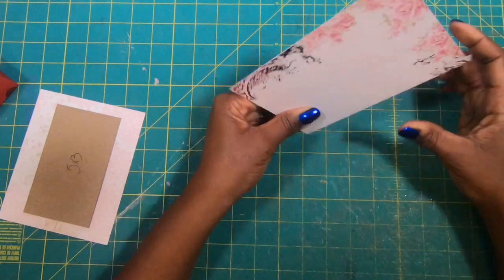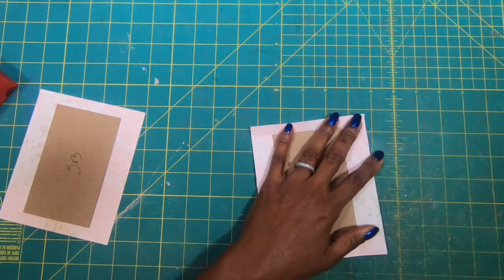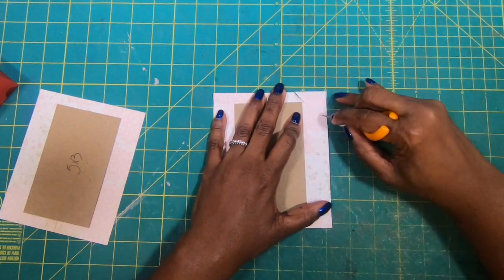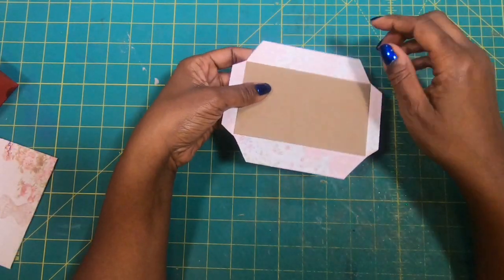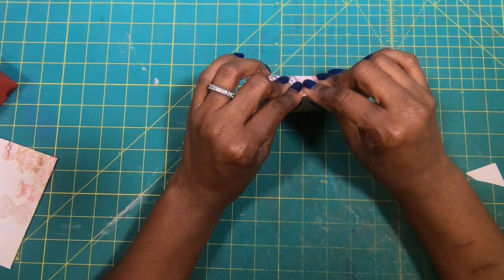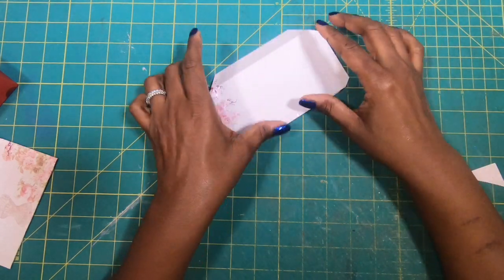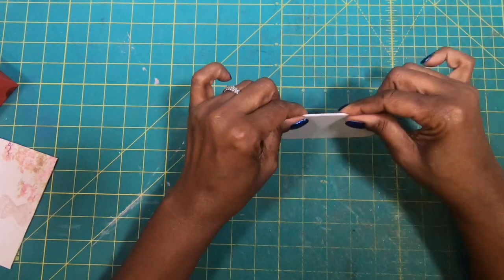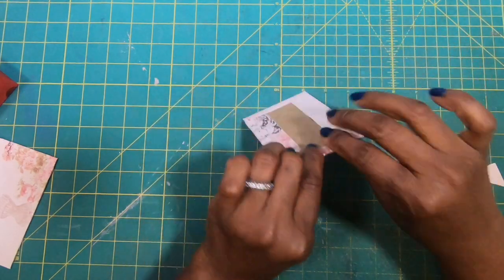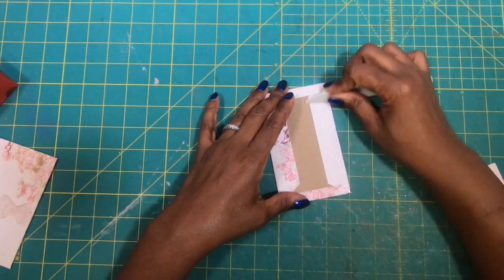And now I'll just come back and fold all of my edges over, and then I'll come in and just miter cut these. Alright guys, so I have added my adhesive to the edges, and I simply used double stick tape, and all I'm going to do is fold this over and get it stuck down. And then I'll flip it over and I'll come back with my bone folder just to make sure everything is